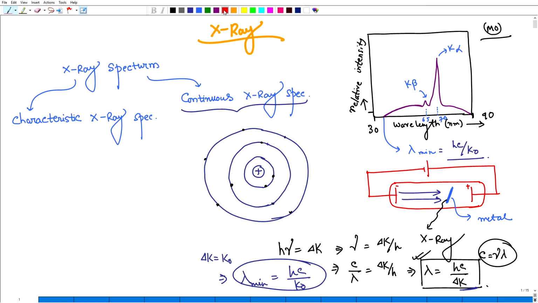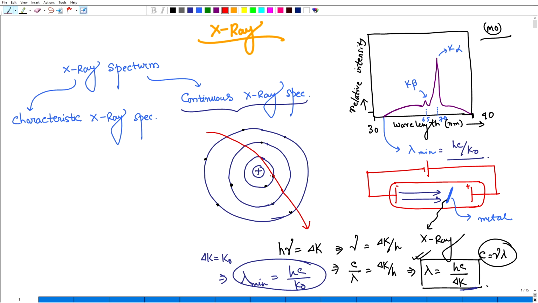So while passing through the atom, the electron of the cathode ray can collide with those electrons as well, and due to that collision one or more than one electron can be kicked out from the atom. Let's say for visualizing, the red color electron is the electron of the cathode ray. Let us assume that it comes and it goes,